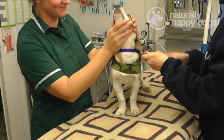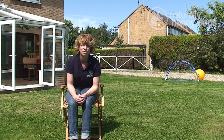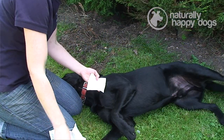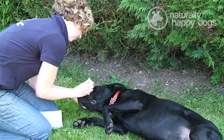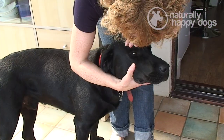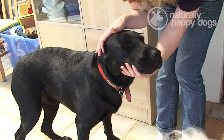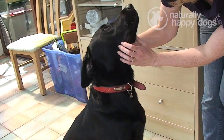If however it's just slightly runny, or you think it might have a little bit of sand blown into it, then you can of course treat the eye yourself, putting saline onto a swab or trickling saline over the dog's eye. Please monitor your dog's eye. If it doesn't seem to be getting any better, or you think it's getting worse, phone the vet, tell them what's happened, and then please go and visit them, because your dog does need its eyes to get around and